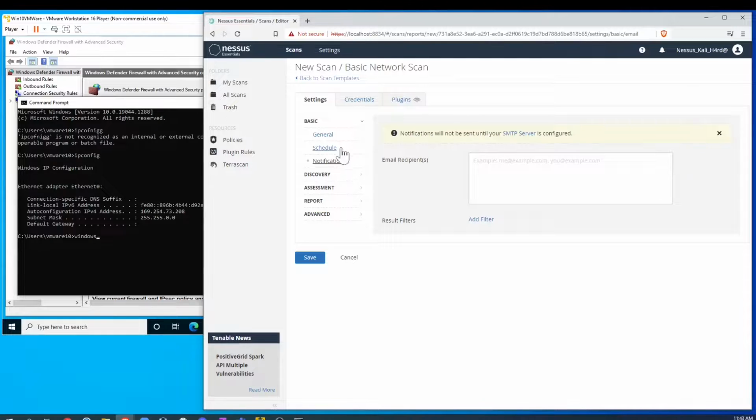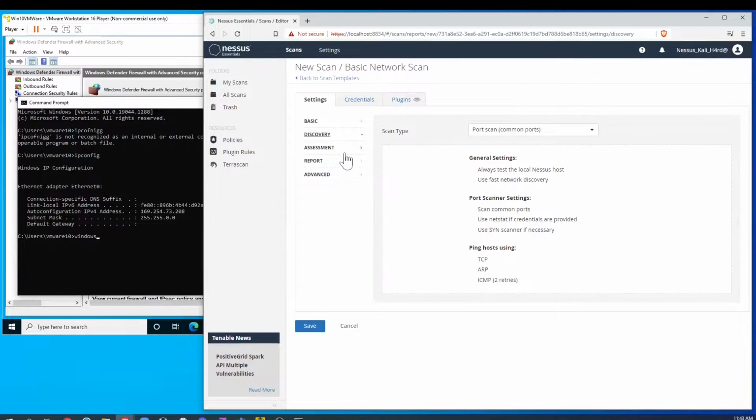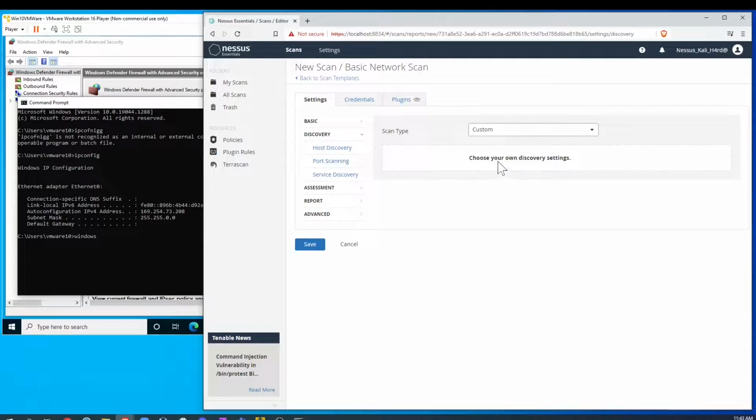So next is the discovery, like what type of scan you want to do. For example, you can scan for the common ports, I think it's 1024 common ports. Then you can scan for all ports, which is 65,535 ports available, or you can choose a custom port. Like you can choose